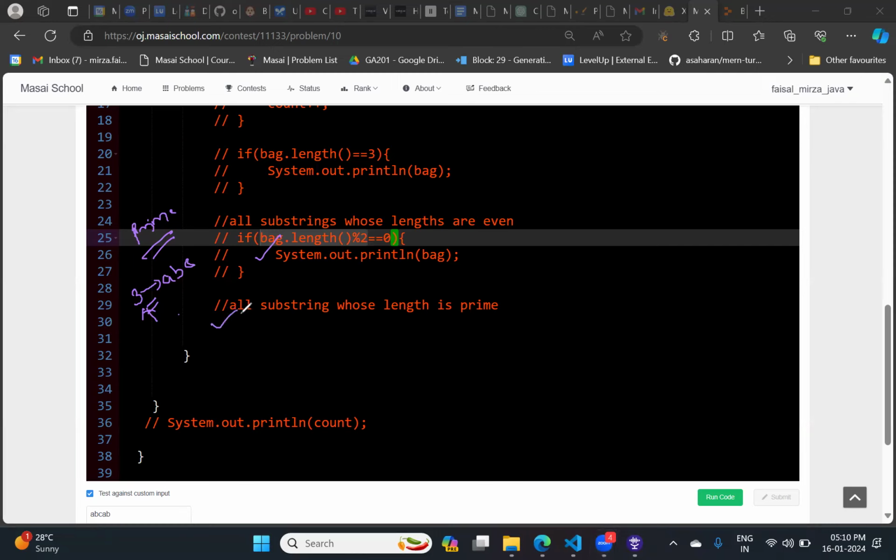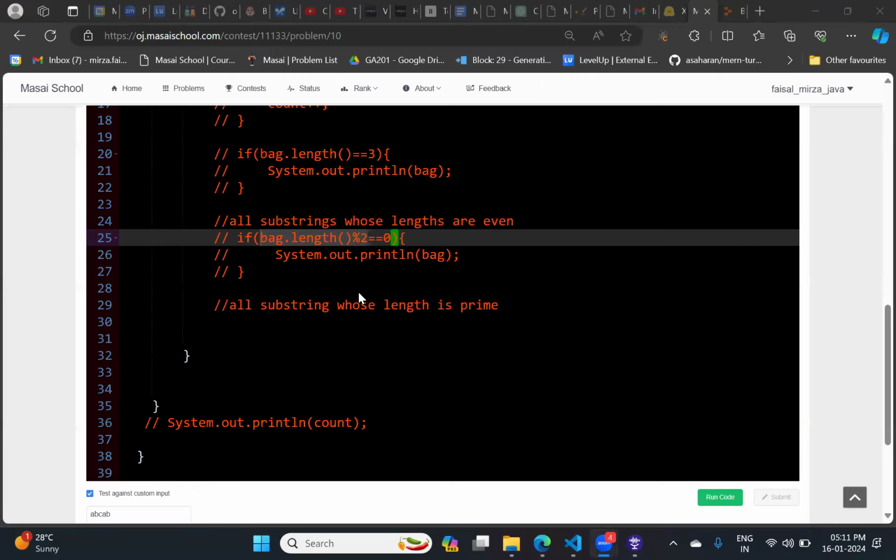So this is your task. You need to complete this after the class, and you have to share the code with me. Okay, sir. Till 7 p.m. you have to submit the solution. You have to print all the substrings whose lengths are prime. By creating a separate function which will only check whether the number is prime or not, and it will return a boolean value. Getting it? Okay, sir. Okay, you can mute. Thank you.